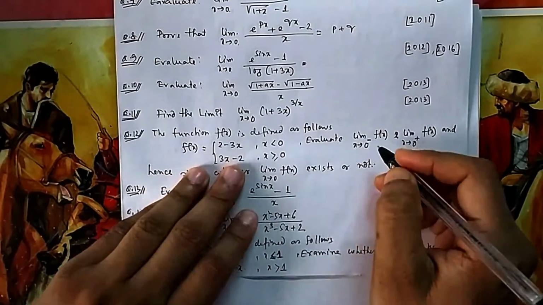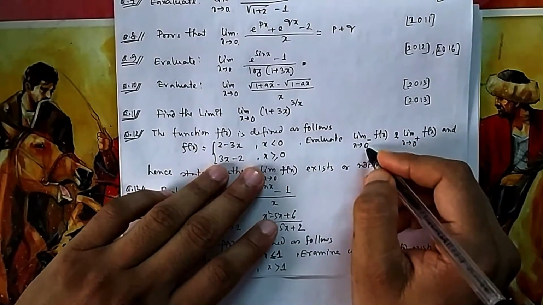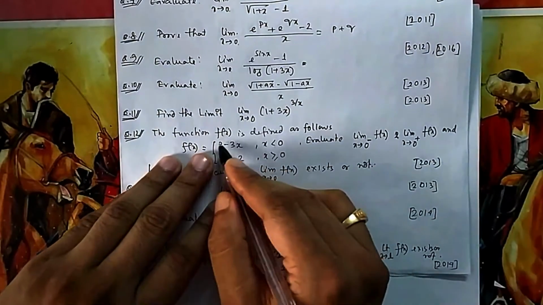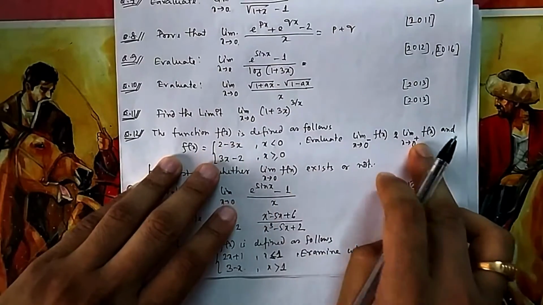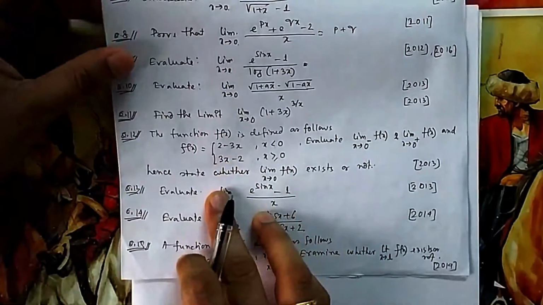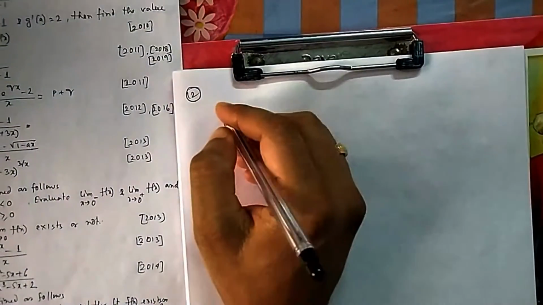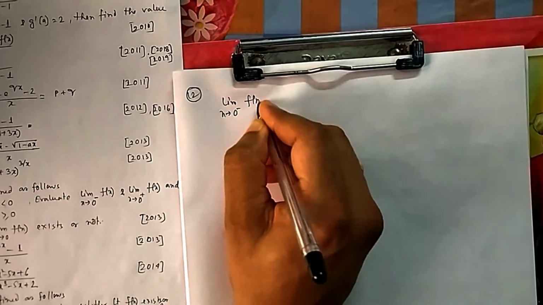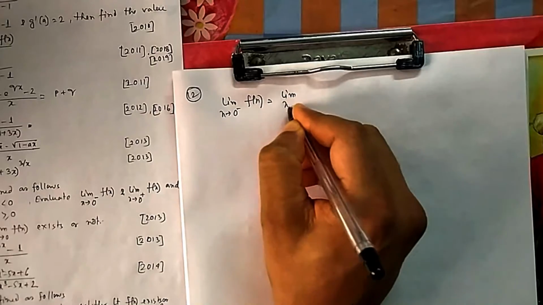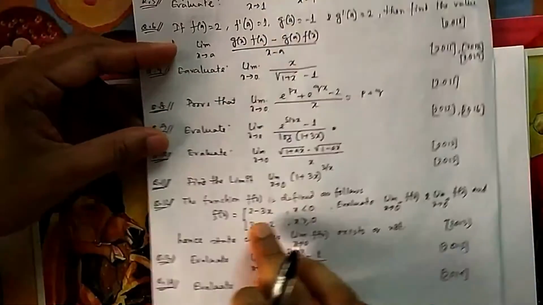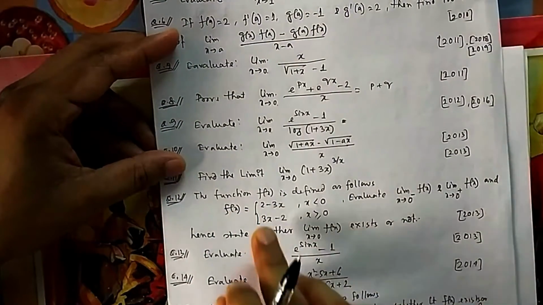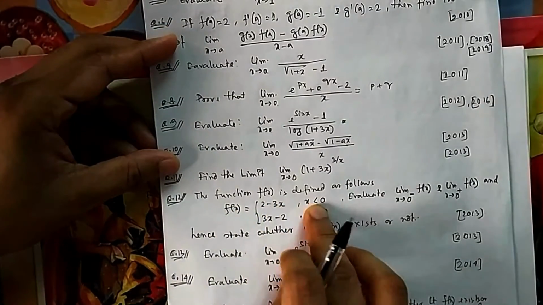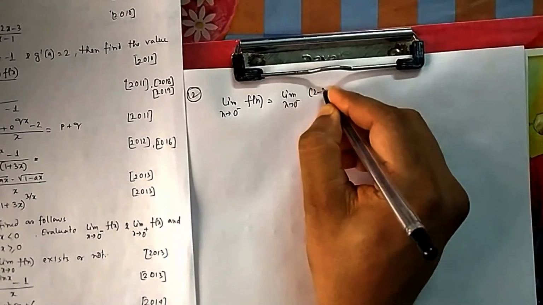So here you have to think, if it is 0 minus, if it is less than 0, 0 minus means on the left hand side of 0, slightly lesser than 0. So if it is lesser than 0, then this branch will come, f(x) will take this one. If it is 0 plus, then f(x) will take this branch. So from that you have to do the left and right hand limits. So if I am doing limit x tends to 0 minus f(x), which branch of the function will come into the picture if it is less than 0? The first one, 2 minus 3x, because it is less than 0. So it is 2 minus 3x.